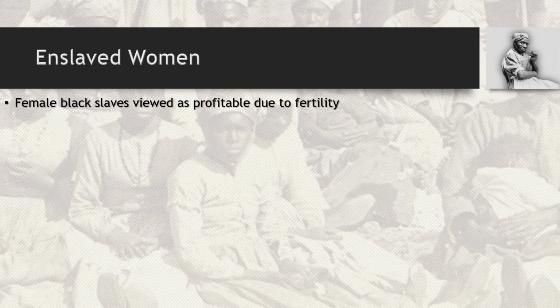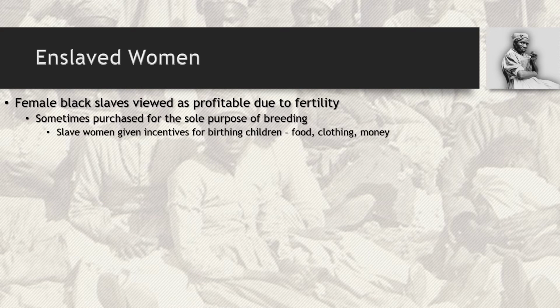And the condition of women, in many cases, ends up becoming the worst of all treatment. Okay, simply because they are used as sexual devices as well as beasts of burden. And the trade in female slaves was considered profitable because of fertility. Many of them were again purchased simply for the sole purpose of breeding. And many slave women were actually given incentives for having multiple children. Okay? Again, they would be granted favors, food, extra clothing, in some cases money for doing this for a slave